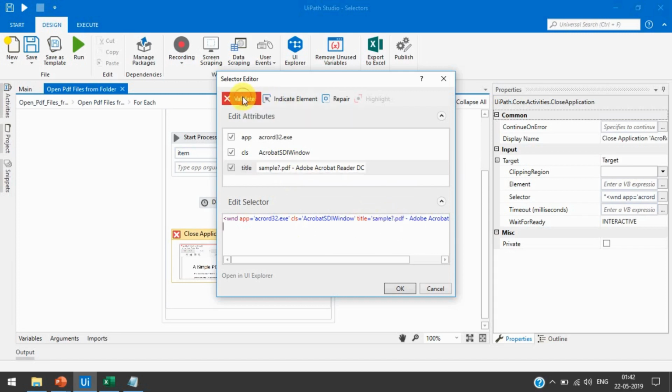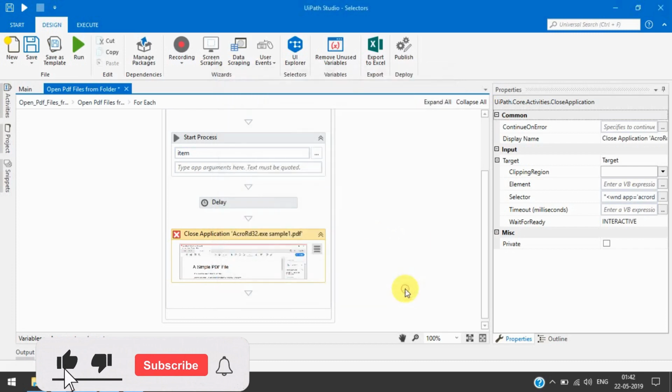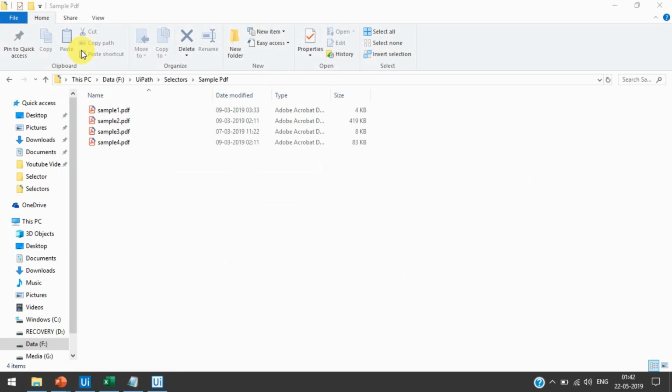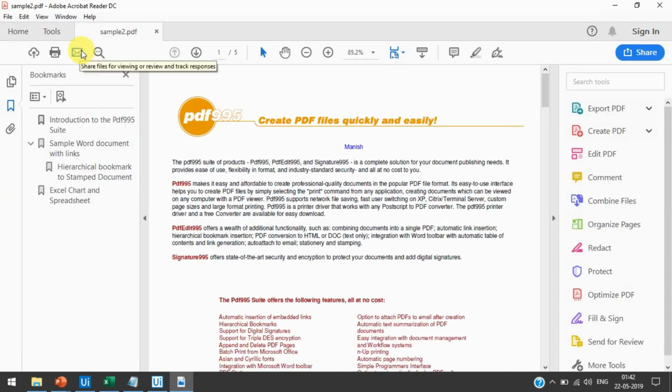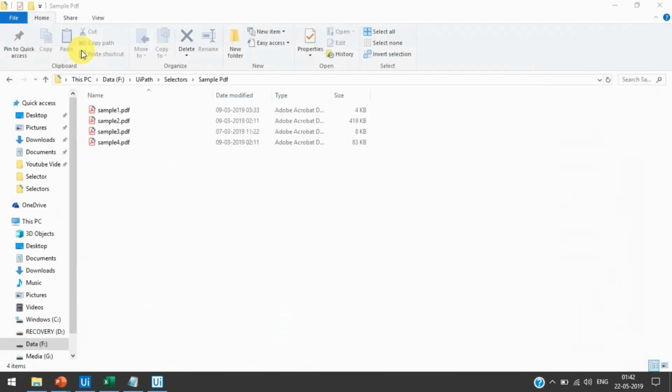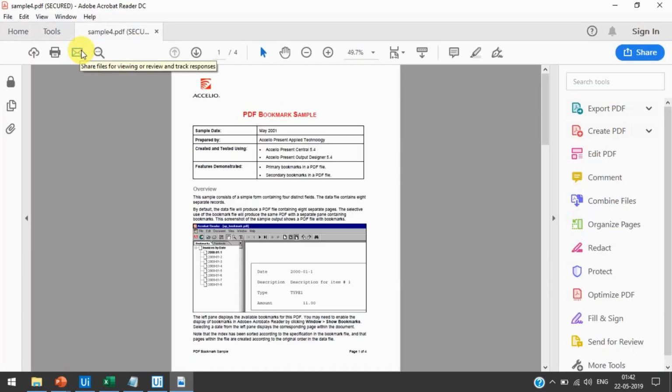Now validate. Currently it is showing an error, but there is no issue because this is modified. Now press OK and run that. So now we will not be getting any error. Now you can see sample2 has been opened and closed, sample3 has been opened and closed, and then sample4 has been opened, and